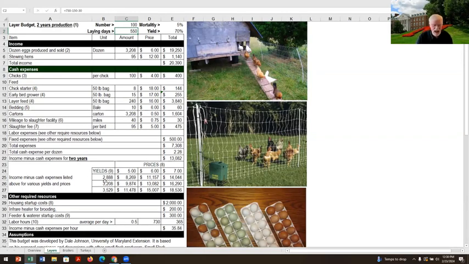Okay, here I have what I call a yield price matrix. These are loose calculations. What I'm doing here is taking $6 times 3,200 dozen minus my expenses. Here is my estimate of what I'm going to produce, $13,000 right in the middle. But what if I have a lower price and lower production? You can see I've just taken a dollar off here, or I've added a dollar. And over here on production, it's like, what if my production is only 90% of what I think it's going